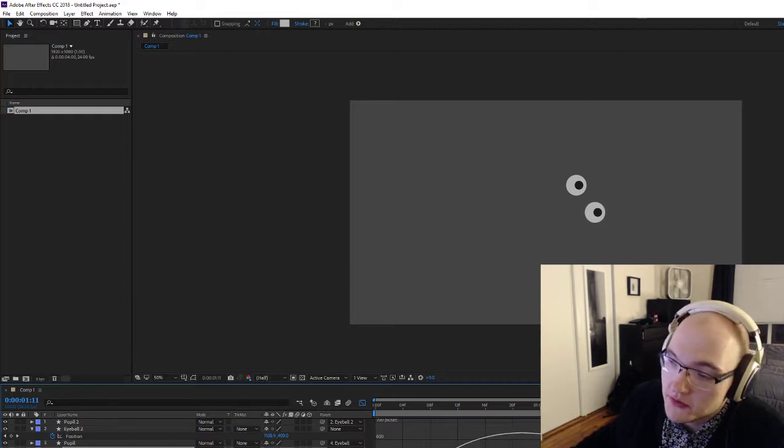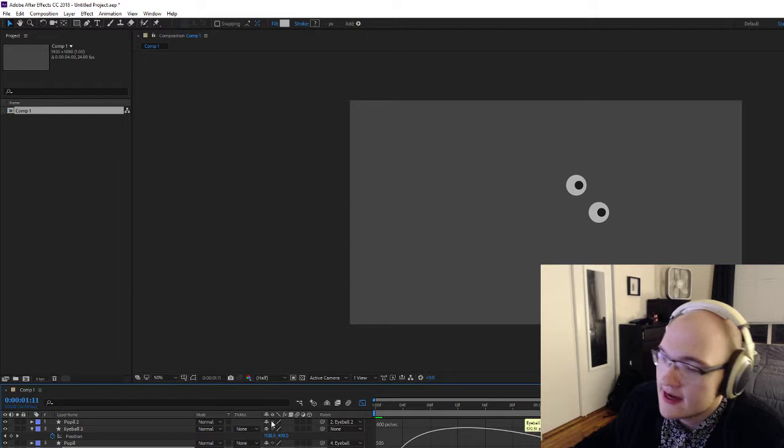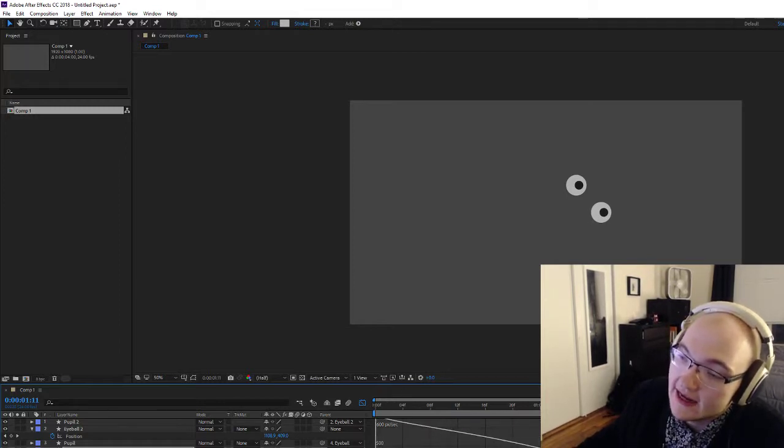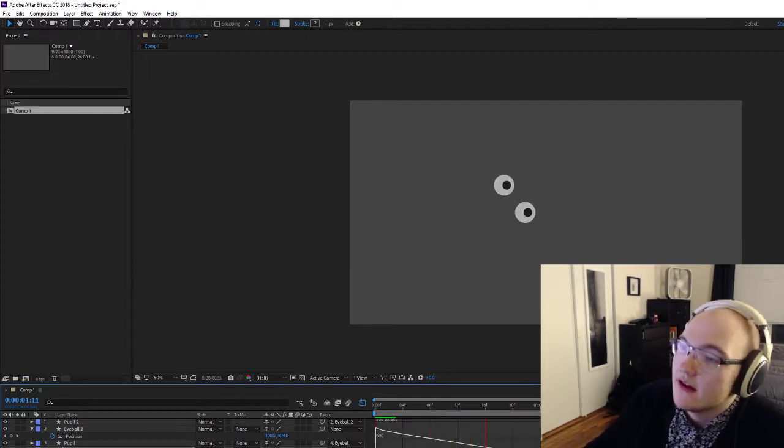So what I'm going to do is I'm going to pull this handle back, because if you remember, this is time, and this is speed, right? So I want at the low time, at the low frame counts, I want the value of this graph to be high. So I'll pull this graph back and look at that. Now I'm getting a zoom, and if I just play this, as we can see,